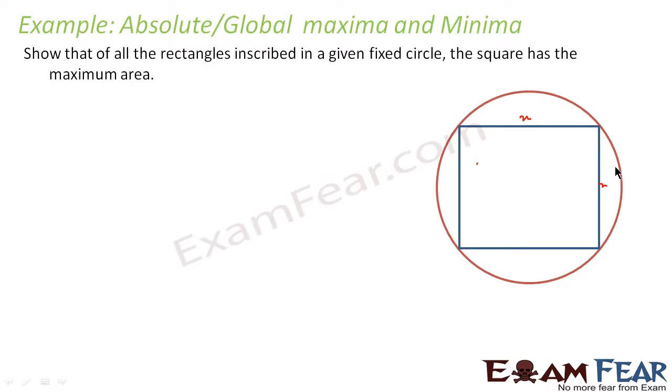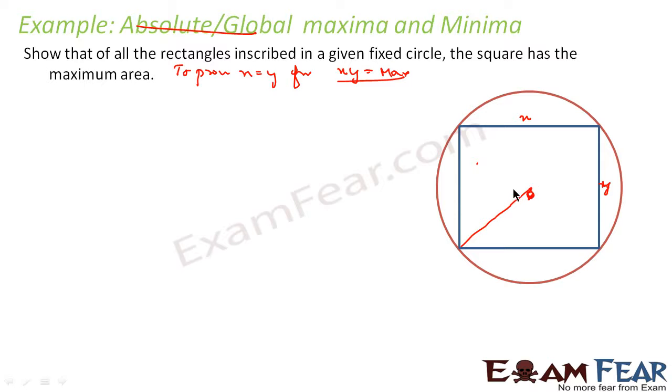First thing, is it a question of absolute maxima and minima? No, because the range in the domain is not defined. So let's take the radius as r. This is my center, 0, 0. In this question, if my sides are x and y, I have to prove that x is equal to y for the area xy to be maximum. We have to prove that x is equal to y for xy to be max. So if you join these lines,